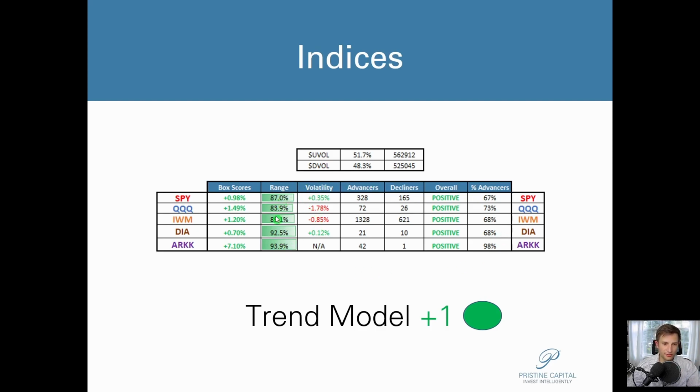Take a look at all these closing ranges. Pretty much all these indices closed at the very top end of their day's range. Volatility, however, was a mixed board. You can see the VIX was actually up 0.35% into this S&P 500 rally. That is a bearish divergence. That said, our breadth overall was positive. My trend model remains at a +1. And we did finish out the day with